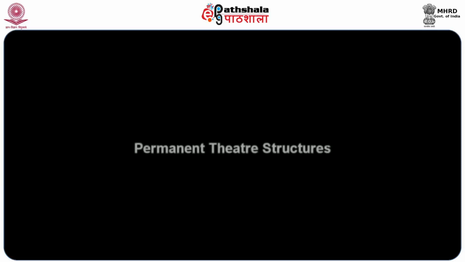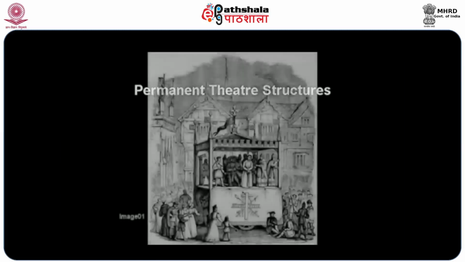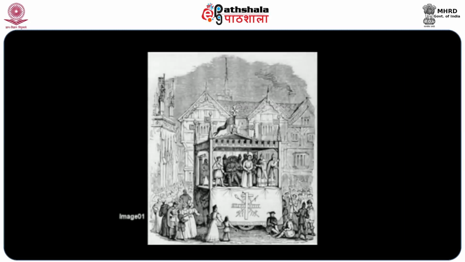Elizabethan England saw the first permanent theatre structures in England's history. The plays that were performed in England previous to this were done in temporary outdoor structures or in buildings that were used for purposes other than theatre. There were plays and other entertainments done at court, but if a theatre company wanted to make a living at theatre, they had to travel from one makeshift stage to another.